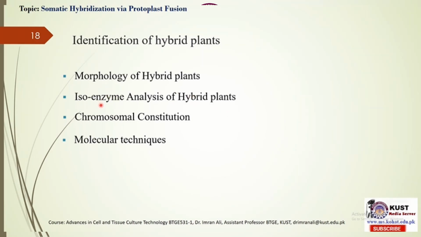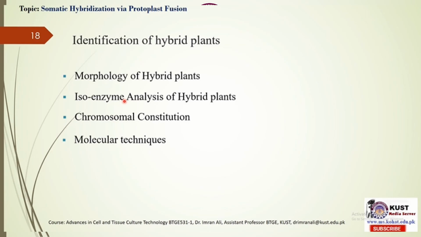The second one is isoenzyme analysis of hybrid plants. The multiple forms of an enzyme catalyzing the same reaction are referred to as isoenzymes. Electrophoretic patterns of isoenzymes have been widely used to verify the hybridity. Here, the somatic hybrids possess specific isoenzymes of certain enzymes of one or the other parent, or both the parents